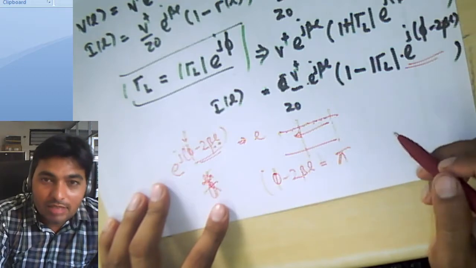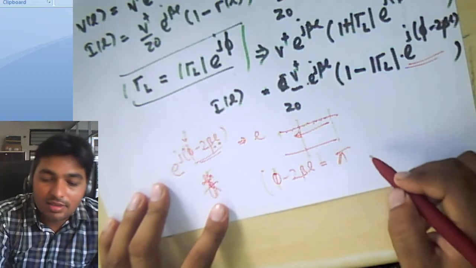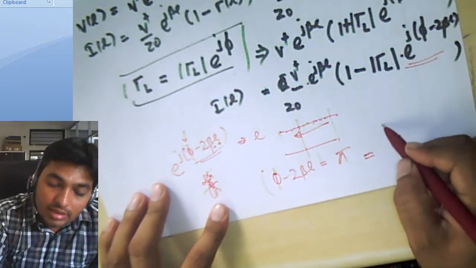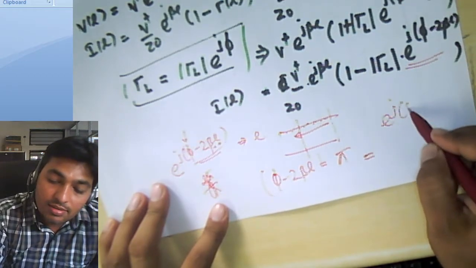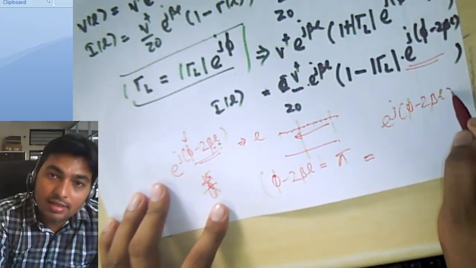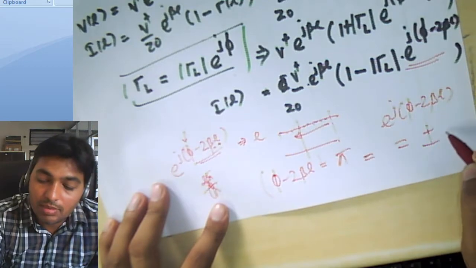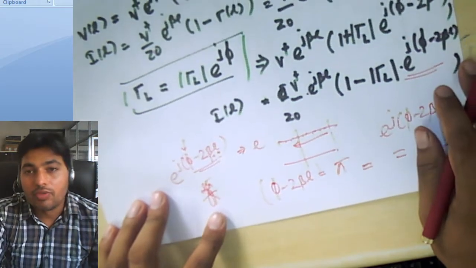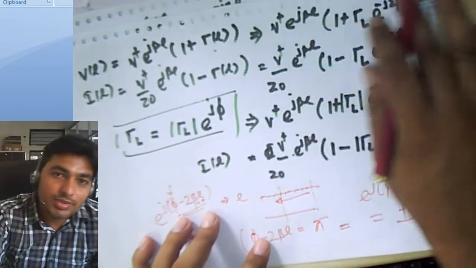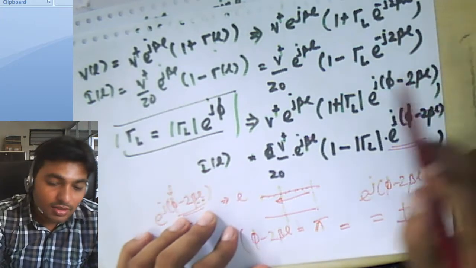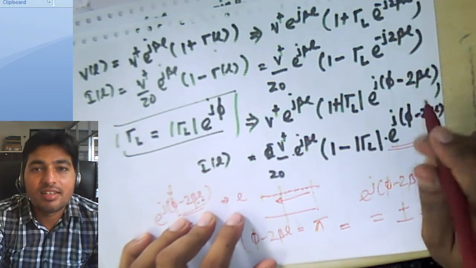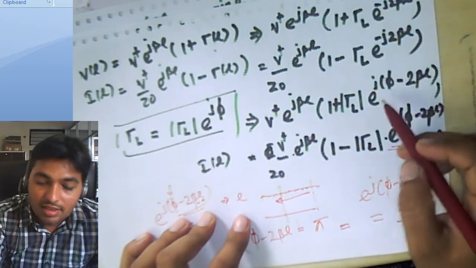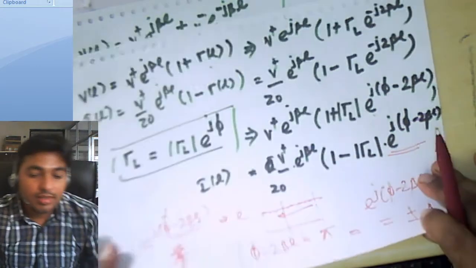So e raised to j phi minus 2bl will be equal to plus or minus 1. So when it becomes plus or minus 1, then from this voltage and current equation,